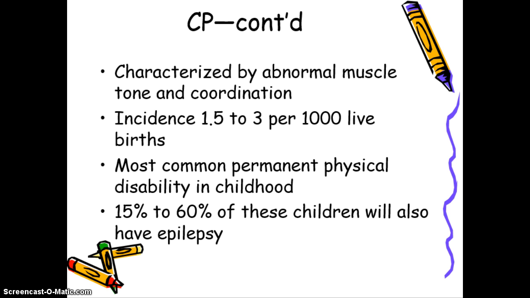Oftentimes, in the prenatal period, we see intrauterine exposure to infection, also known as chorioamnionitis. A lot of the preterm infants, or infants born prior to 36 weeks gestation, have cerebral palsy, and that's simply